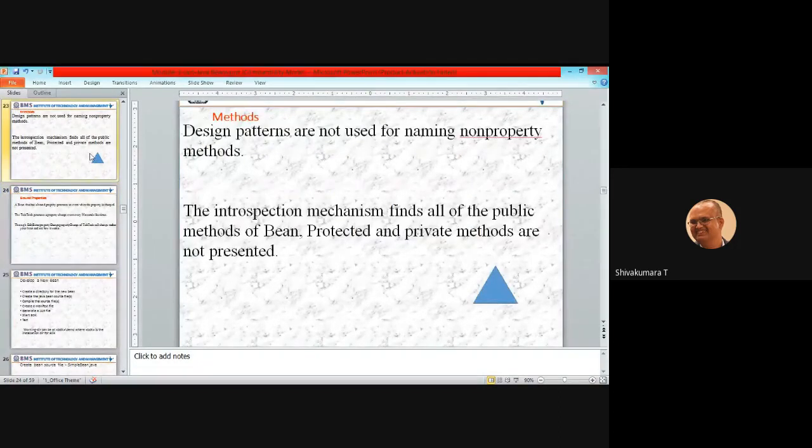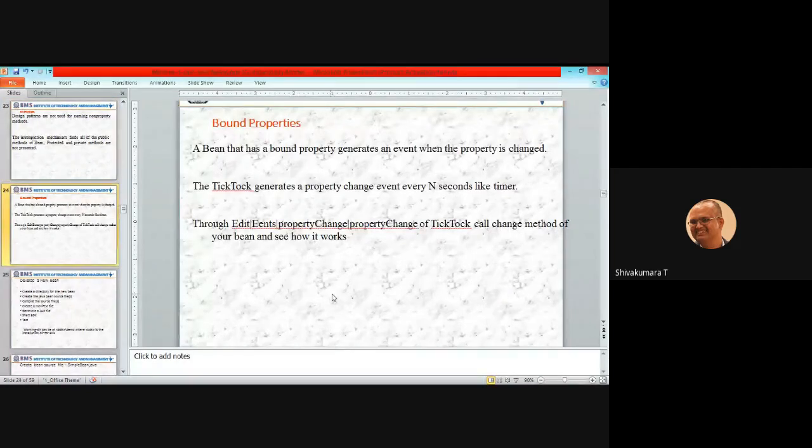Suppose this is a reusable component, this is the bean; a bound property generates an event when the property is changed. What is the bound of this triangle figure? Some bound is defined here, right? I think it is visible to you.